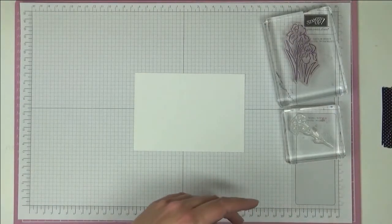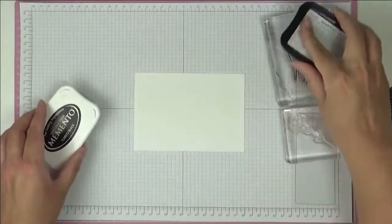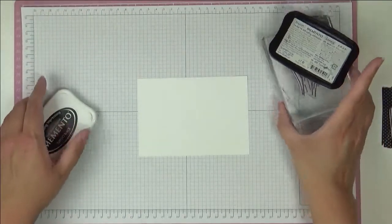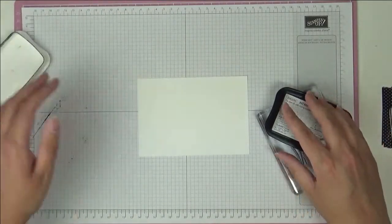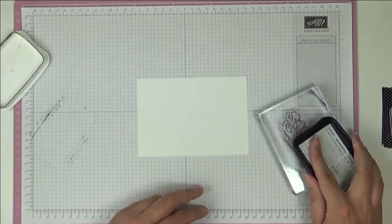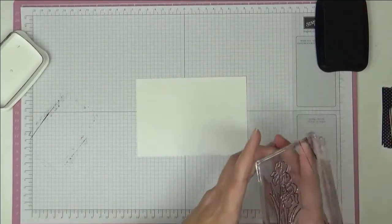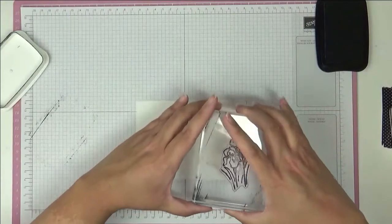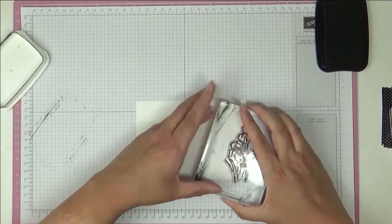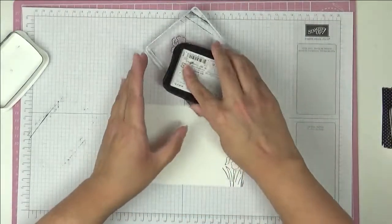So let's get started. I have everything mounted on my block, so we're going to stamp in Memento ink, because I'm going to be colouring in using the Stampin' Blends. Okay, so just get it nicely inked up, and then I'm just going to, where shall I put it, the first one here. I'm also going to be stamping off the page so it looks like it's a continued vista